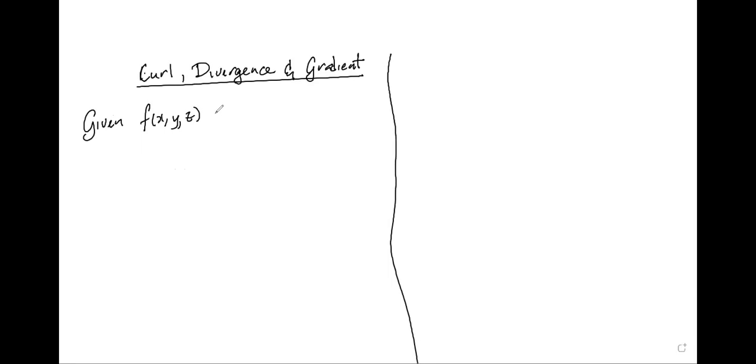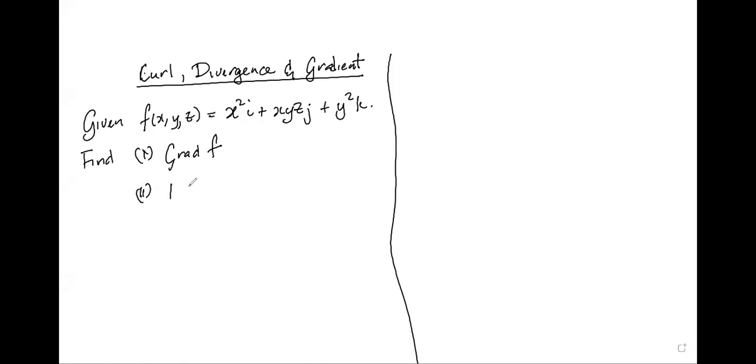So let us say that we have this vector surface, x squared i plus xyz j plus y squared k. And we want to find the gradient function of it. We want to find the divergence of it. I want to find